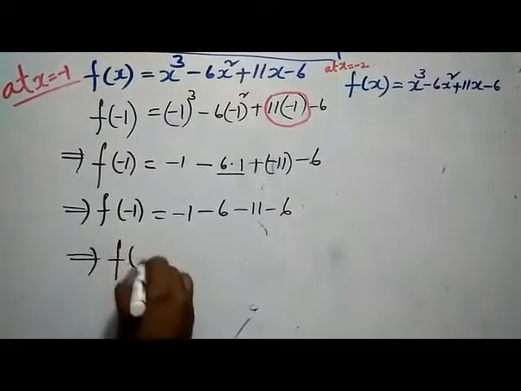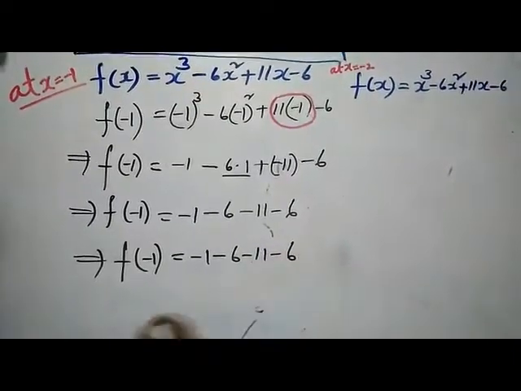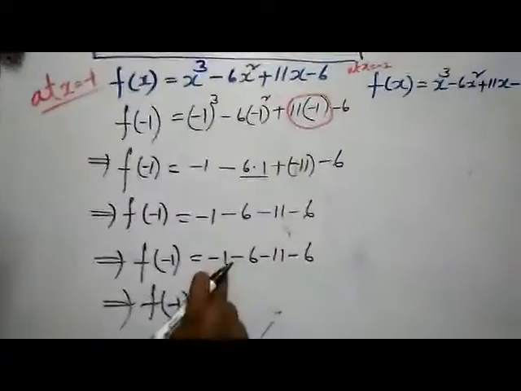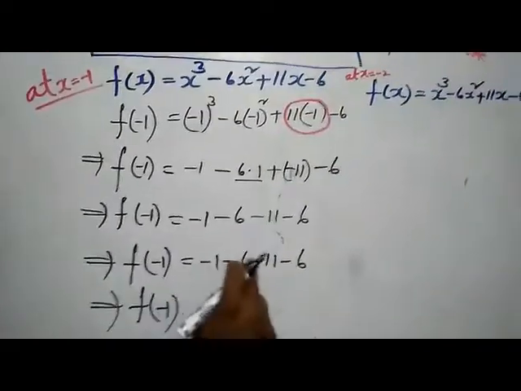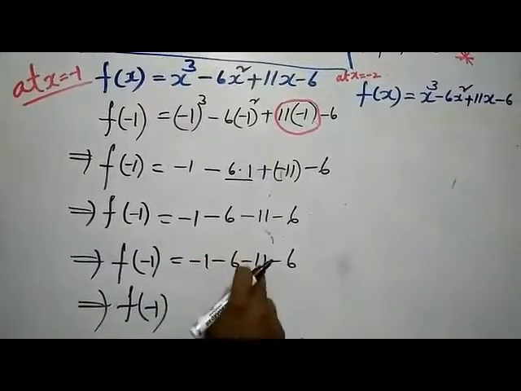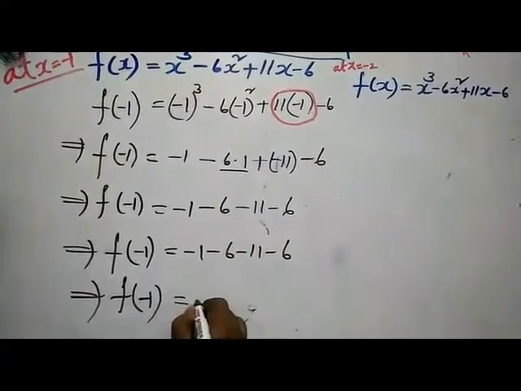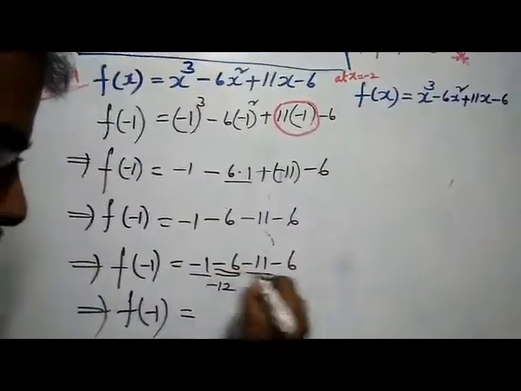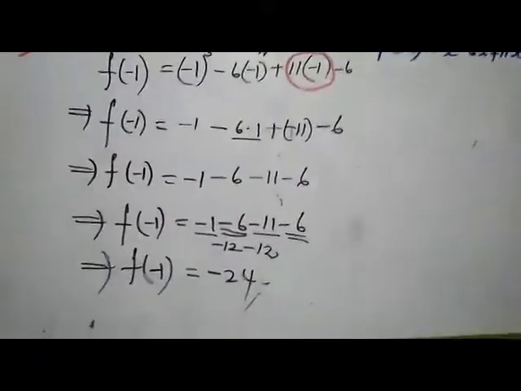That implies f of minus 1 is equal to minus 1, minus 6, minus 11, minus 6. So minus 1, minus 6 is minus 12... minus 1 minus 11 is equal to minus 12, minus 6 is equal to minus 12. Finally, minus 12, minus 12, the answer is minus 24. Coming to this example,